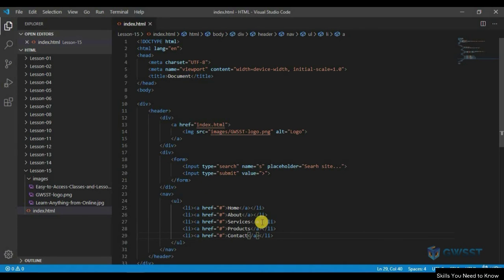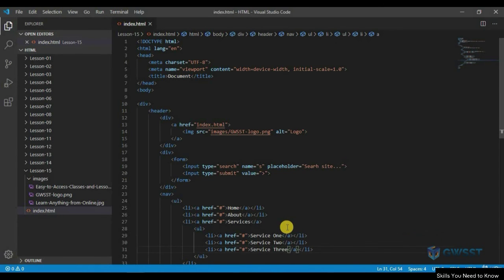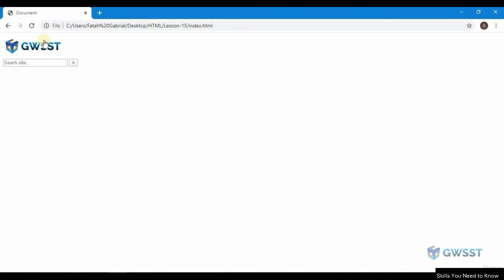So inside services, when somebody takes the cursor on the service, we need a drop down. So I'm just going to click here, and I'm going to use another UL, then li with an anchor tag with a hash. I'll call this service 1. Just going to duplicate this, call it service 2, duplicate this again, we'll call this service 3. Then save this. If I get back to my browser and hit refresh, okay, that is our navigation